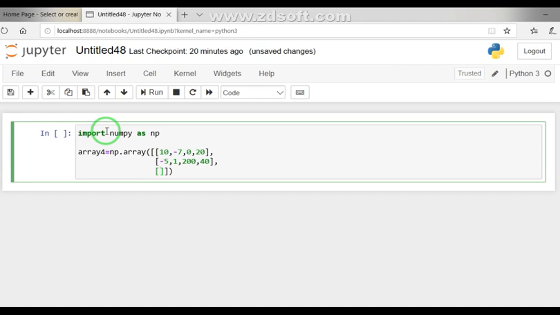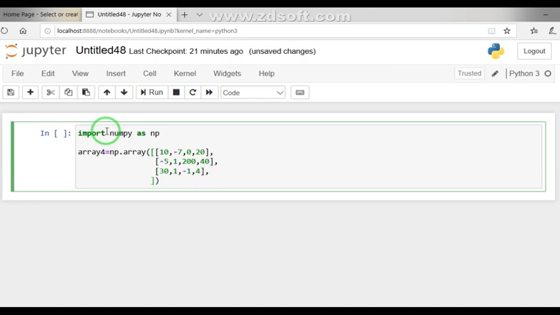In third row we have 30, then 1, then -1, then 4, and move to the next row, fourth row, 1, 2, 0, and